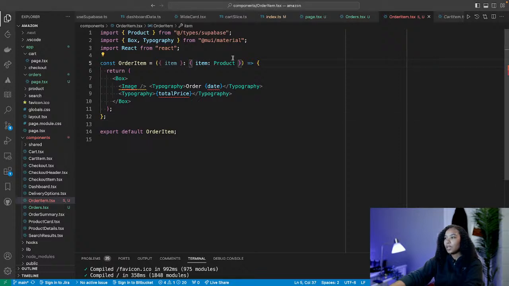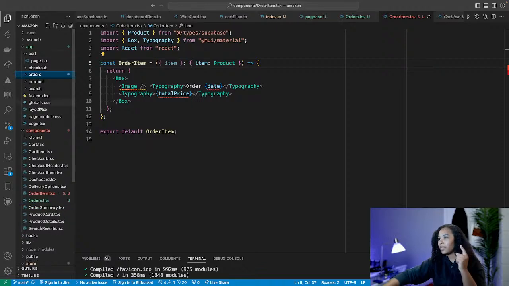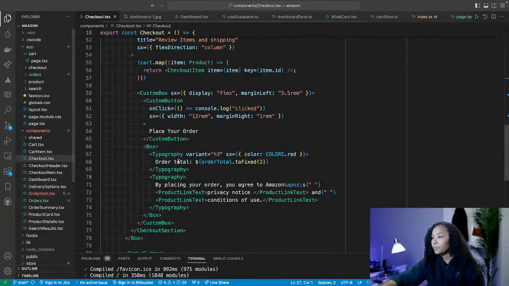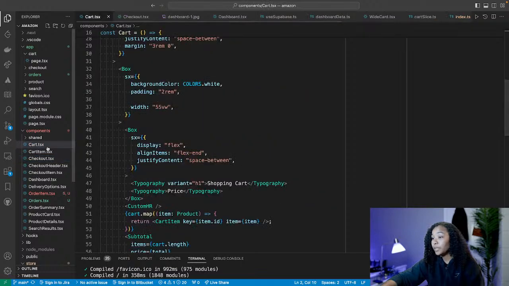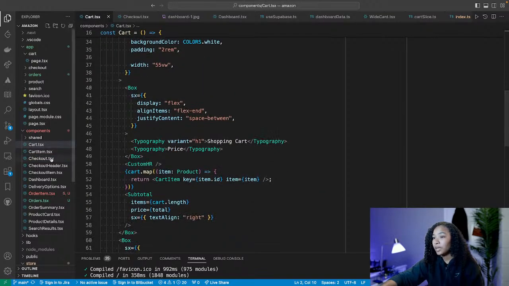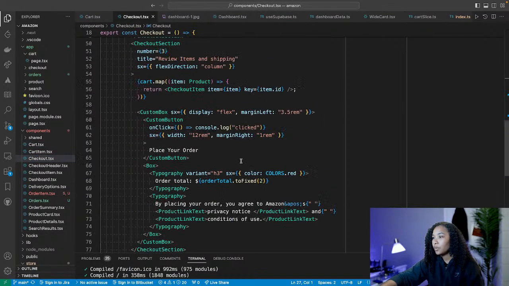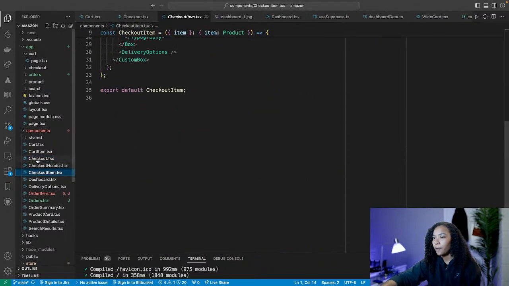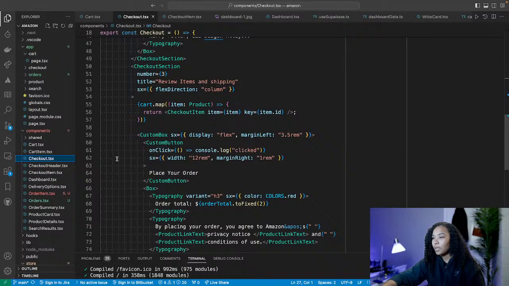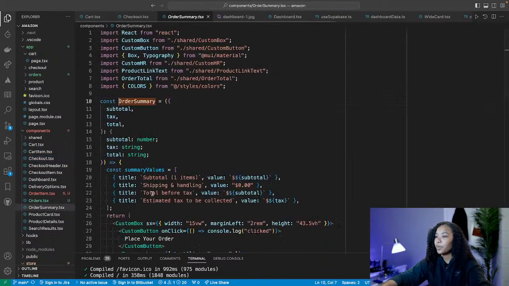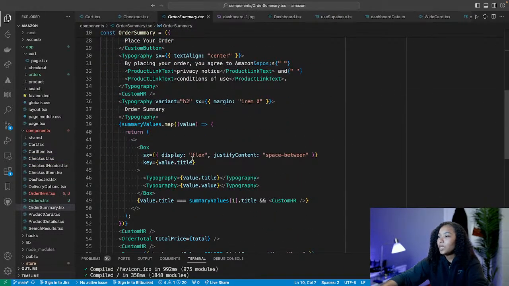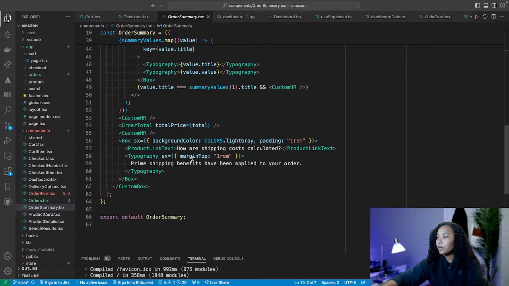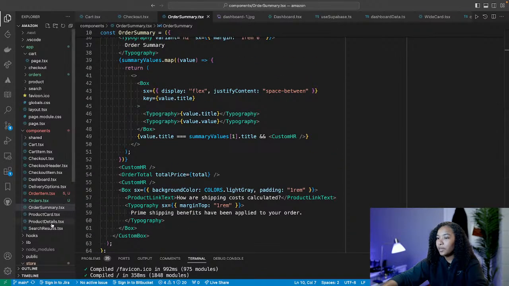So let's go ahead and hook up how we get the data for our order. I think that's going to dictate a few things. In our checkout or in our cart, there are two places we can do this. In our checkout, where is it? Was it checkout item? No. I think it's our order summary. That's where it is. When we click on the purchase button, which is